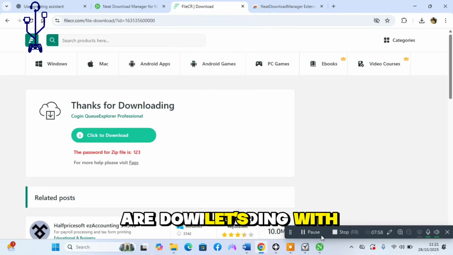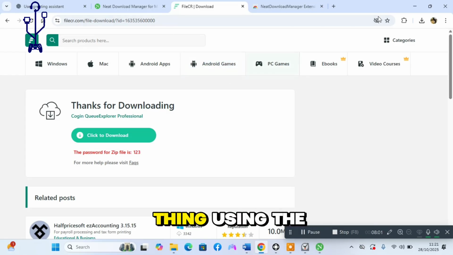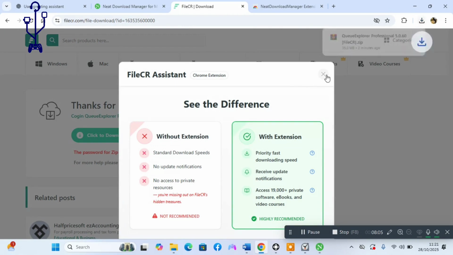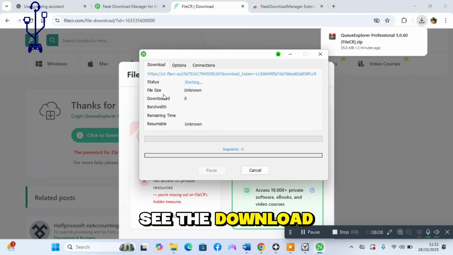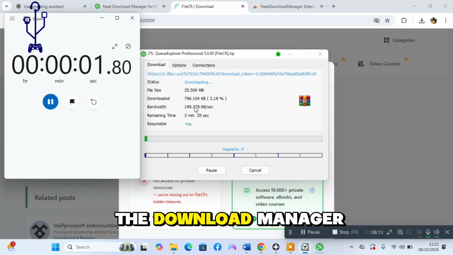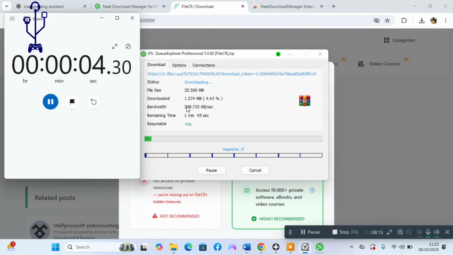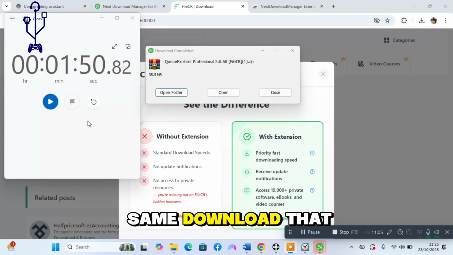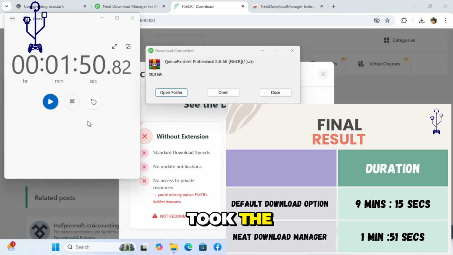So let's download the same thing using the download manager. Once I click on download, see, the download manager is up. Now let me start my timer. You can see the download manager is running already. I downloaded the same file. The download manager took just 1 minute 51 seconds to complete the same download